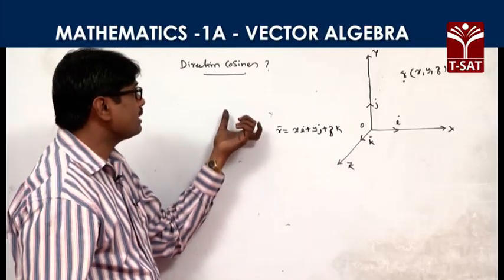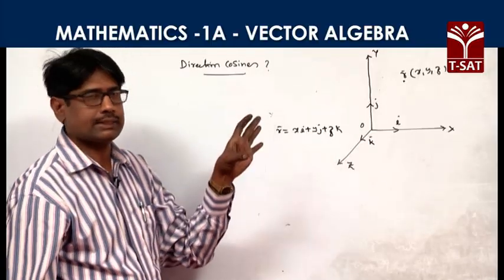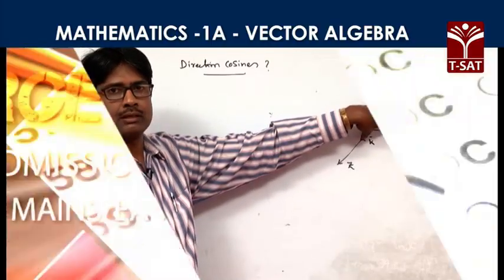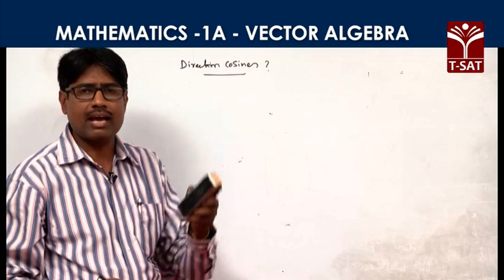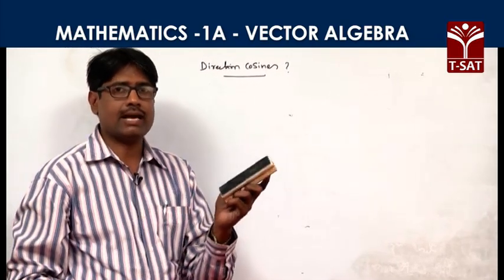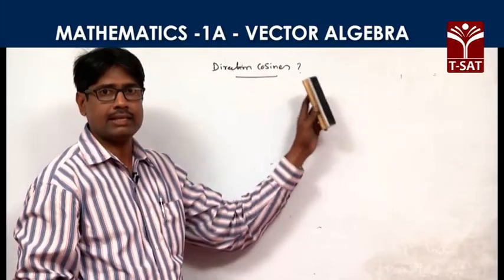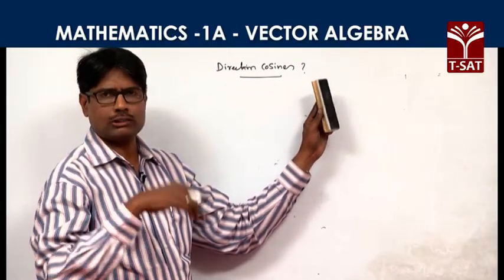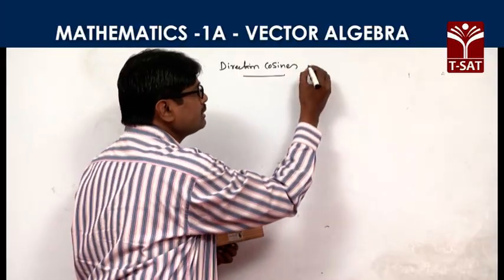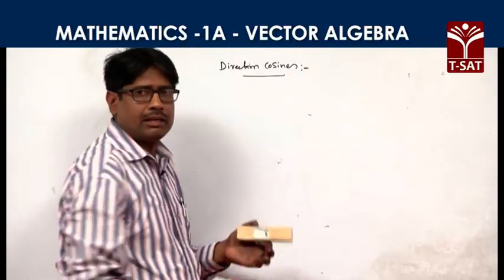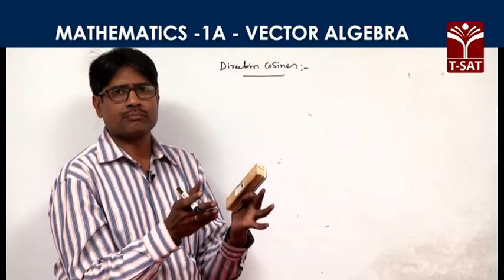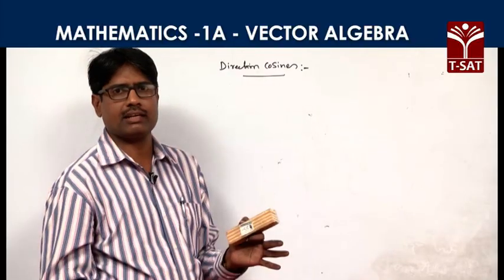Okay, why are we discussing this to start the direction cosines? The position of the vector in space is explained to you. What is the inclination of the straight line? The angle made by the line with the positive x axis in the anti-clockwise direction we call the inclination. Then we define the slope of the straight line. But here we have direction cosines in the vector. When you take a space and give a direction to that vector, that is called direction cosines indirectly.